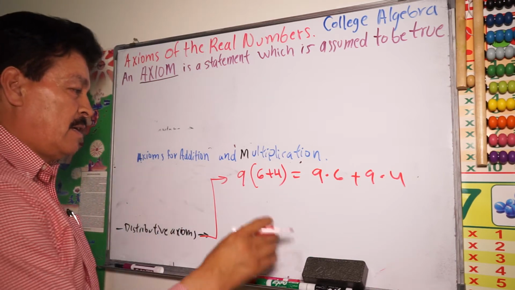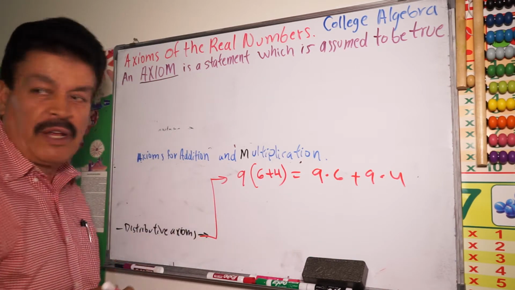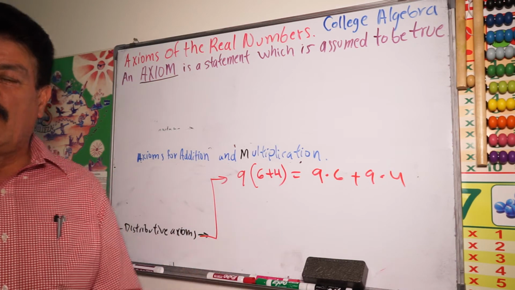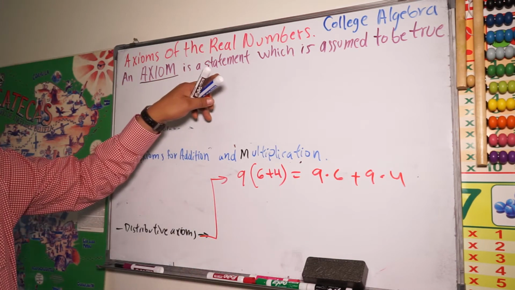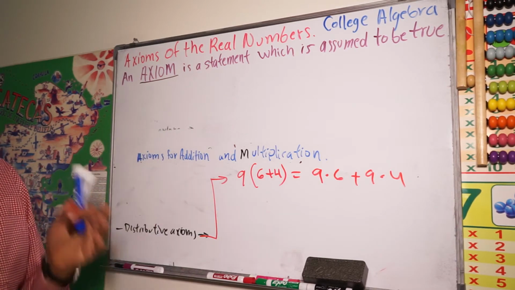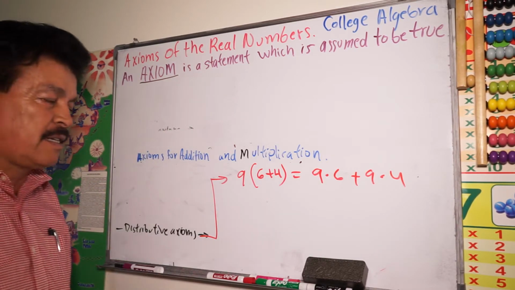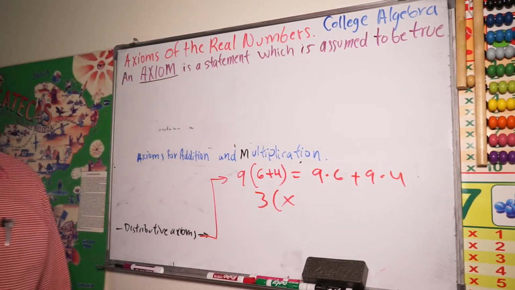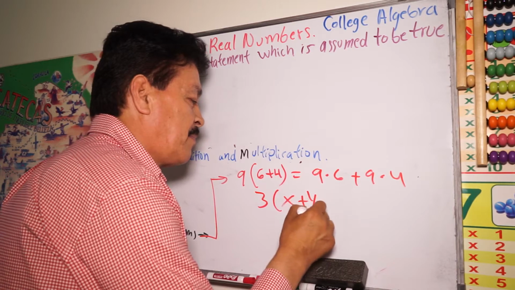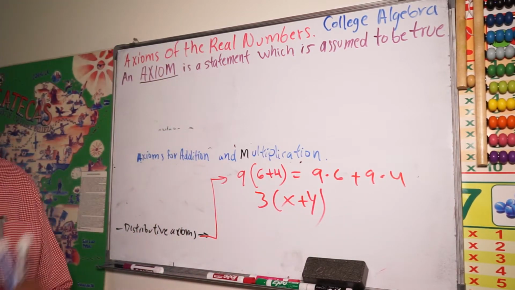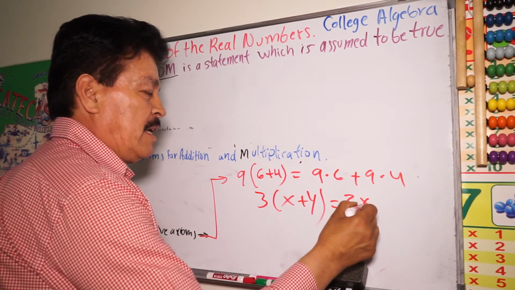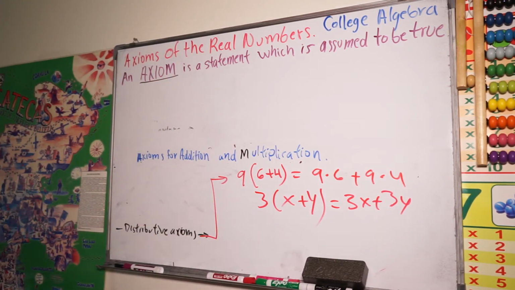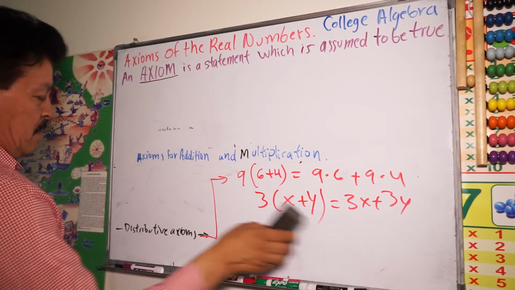Another example of this distributive property or rule, which is assumed to be true, so you don't have to discuss it: 3 times (x plus y) is the same thing as 3 times x plus 3y, right? All right, so after this,